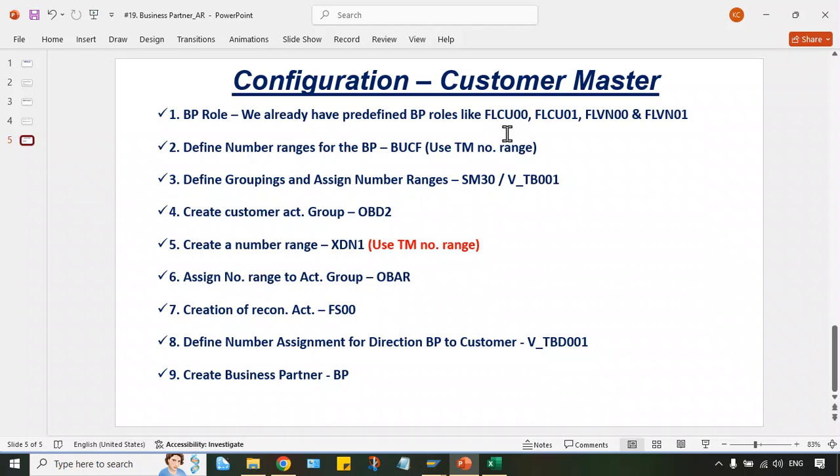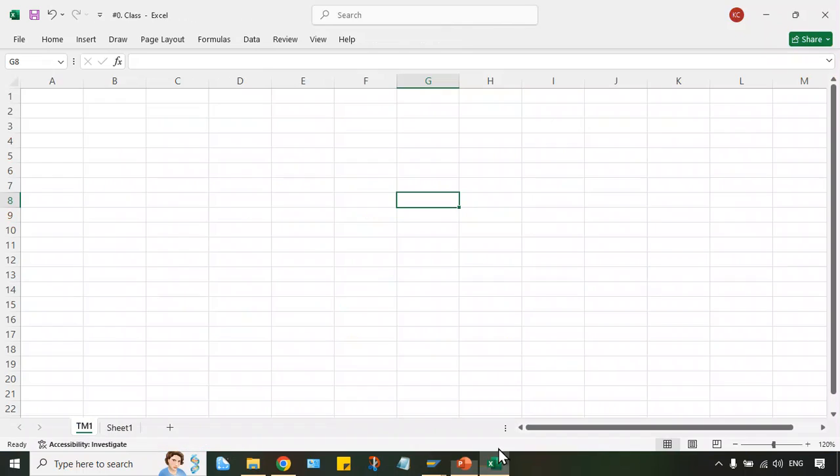And what is the difference between FLCU 00 and FLCU 01? That also you guys will come to know. Generally what happened, this is for FI customer and this is for SD customer. SD means I'll tell you. Now, let's suppose we have a customer which is placing a direct order.